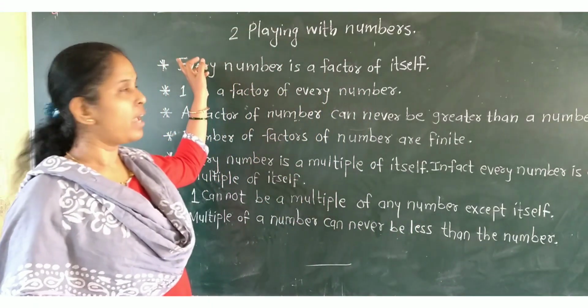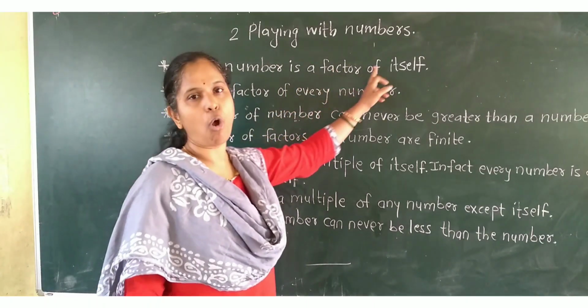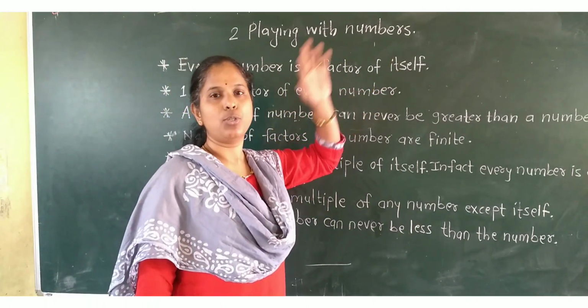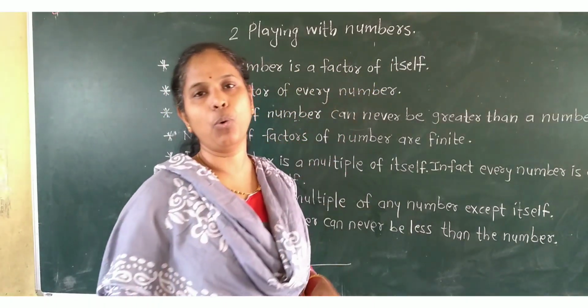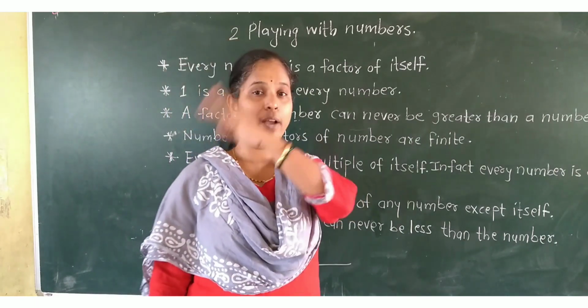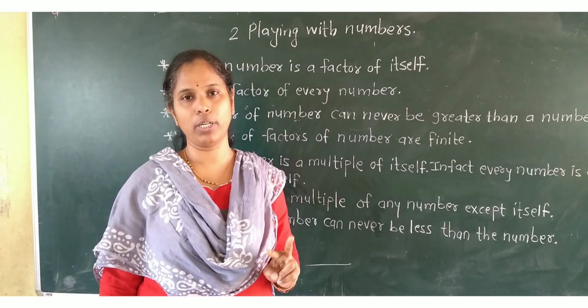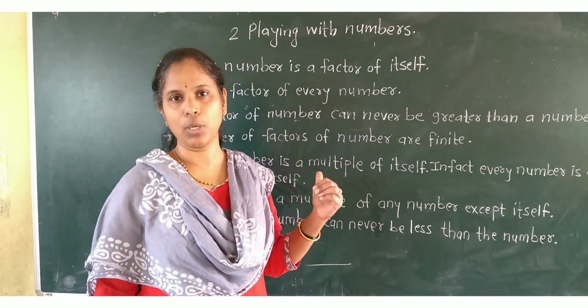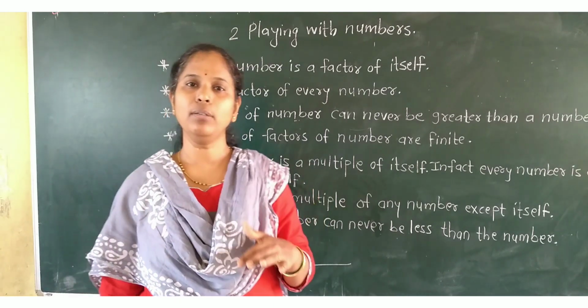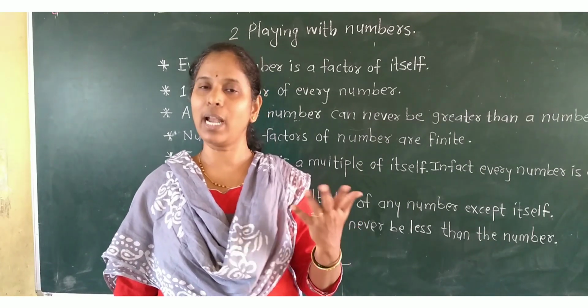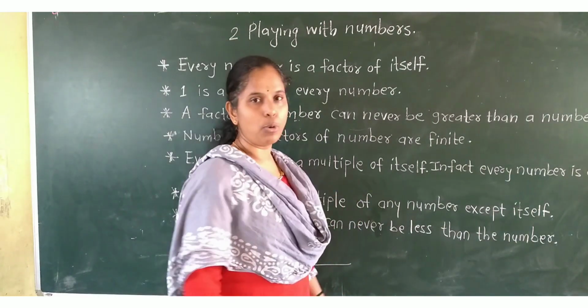Now see, every number is a factor of itself. Students, first of all, you should know what is meant by factor and what is meant by multiple. These two terms are very important in this lesson. Now, factor and multiple mean what? That I will explain to you. Suppose, now see here,